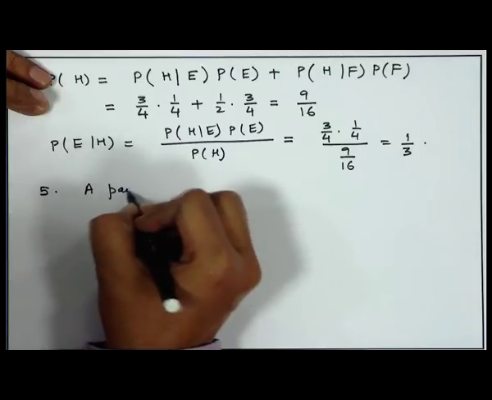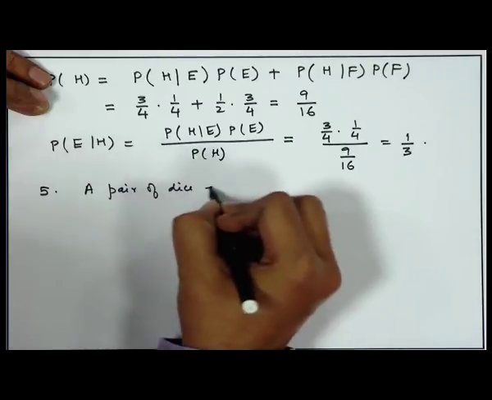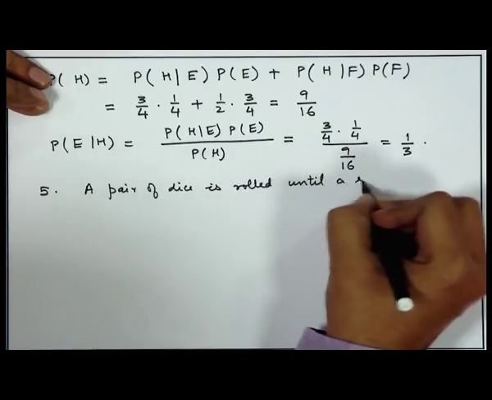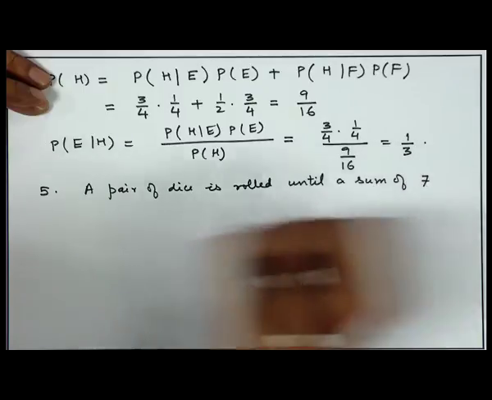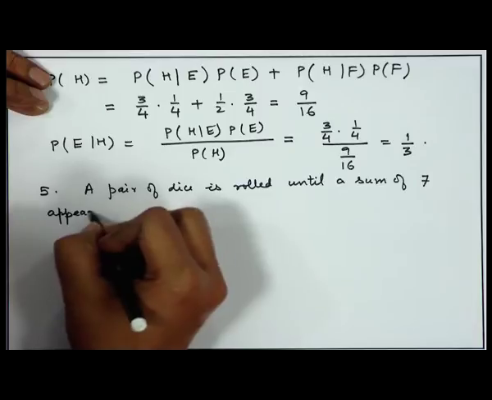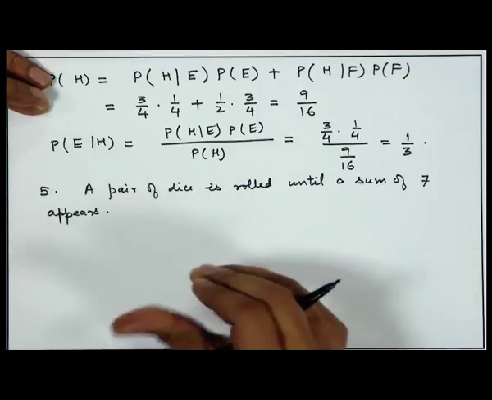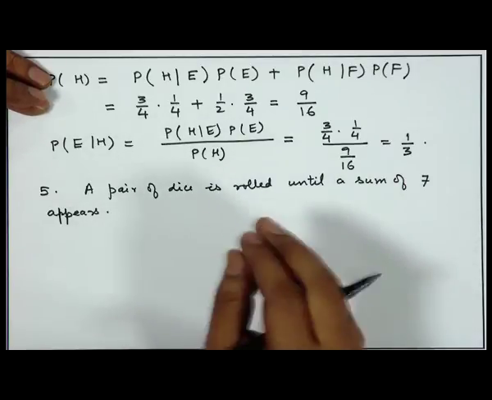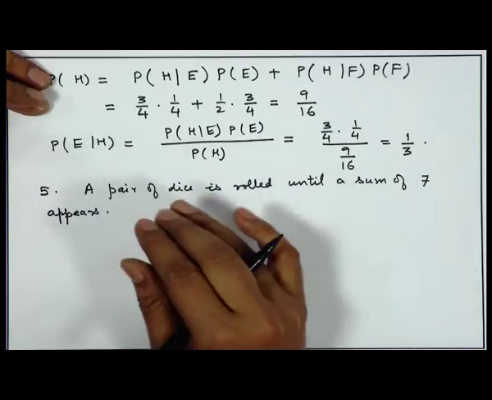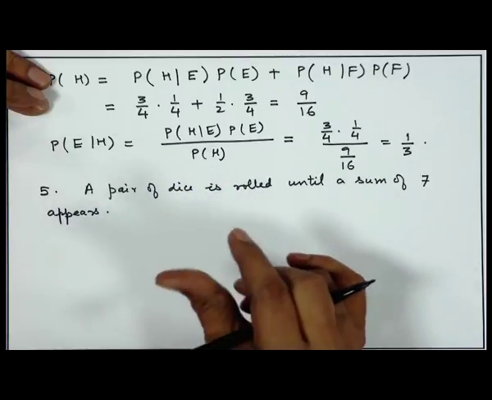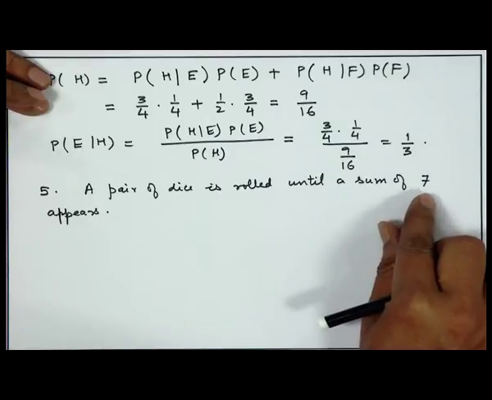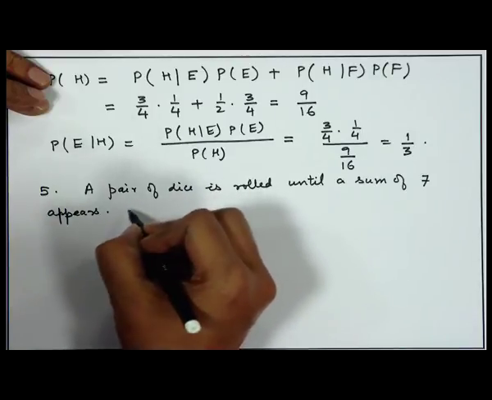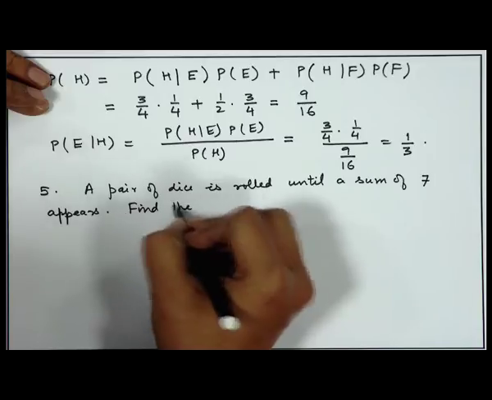A pair of dice is rolled until a sum of 7 appears. So, if the dice are tossed, then both the dice have some upper face value, say 2 and 3, 3 and 4, 3 and 3, 4 and 2, etcetera. So, we look at the sum. So, that sum is recorded. So, when the sum 7 is observed, then we stop. So, we want to find the probability